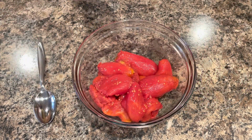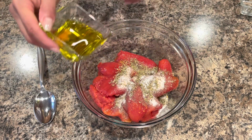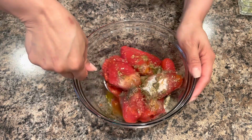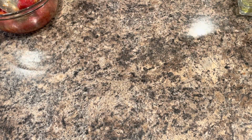To this bowl of tomatoes, you want to add in the seasonings, as well as the olive oil. Give everything a stir. Then you can take your sheet pan,